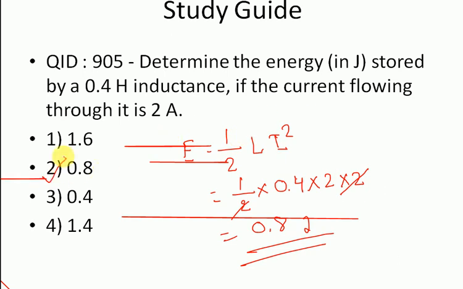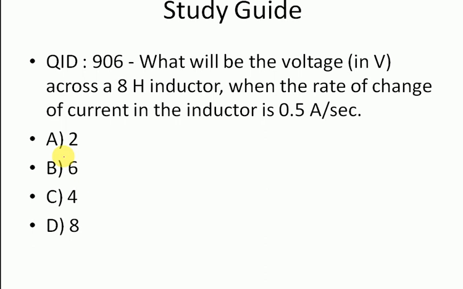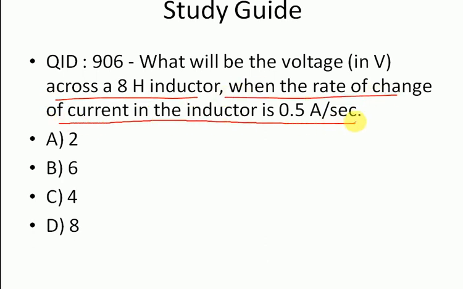Okay, next. In our next question, what is given? What will be the voltage across an 8 Henry inductor when the rate of change of current in the inductor is 0.5 ampere per second? So what will be the formula for this one? The formula will be V equals to